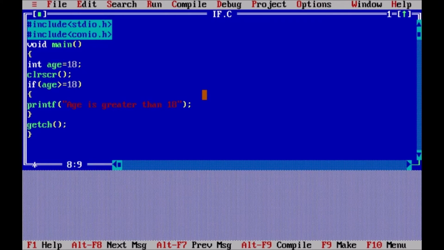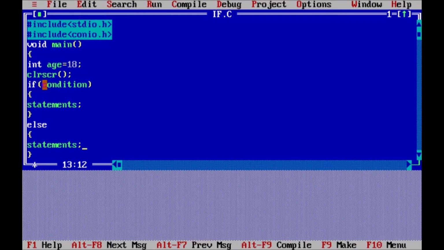So let us see the syntax first. So this is the syntax for if else statement. Let us see how it works.